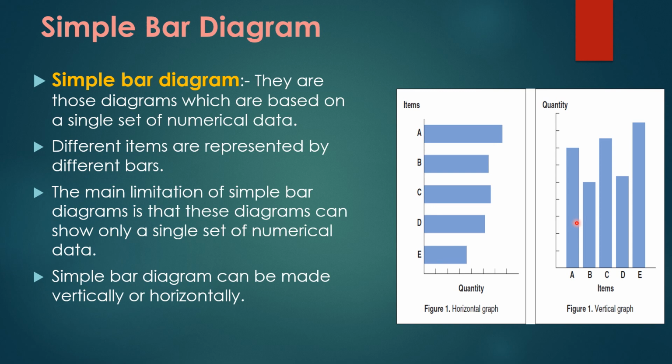Generally a bar is presented in vertical form only, and you can see all the features here: all the bars have the same breadth. The height varies, the length of each bar is different, but they are all at equal distance from each other. This satisfies all the features of the bar, and it is colored blue to present it beautifully. So this is all about the simple bar diagram in a horizontal and a vertical graph.